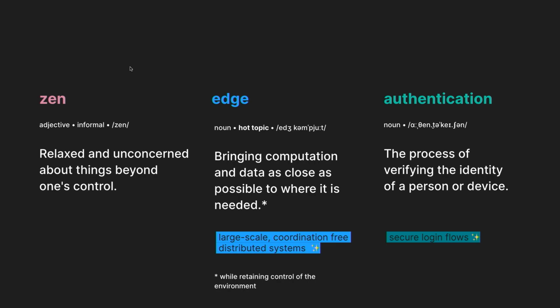It is connected to authorization as well. Authorization means that you have the right or you don't have the right to do a specific action. So we're going to talk today about large-scale distributed systems and secure logging flows. And if I do my job well, you're going to walk away inspired and potentially with a solution to add secure logging flows to your large-scale distributed systems.